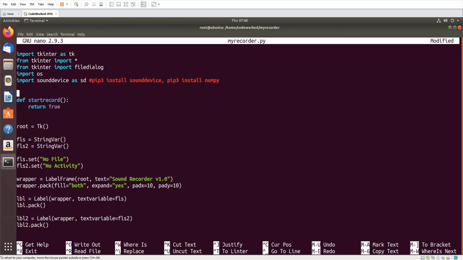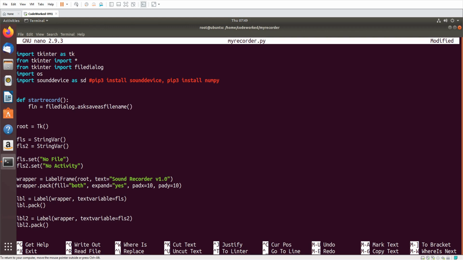Okay guys, now here let's start our coding for recording. Here I will create a file name, right? So I will use filedialog.asksaveasfilename.